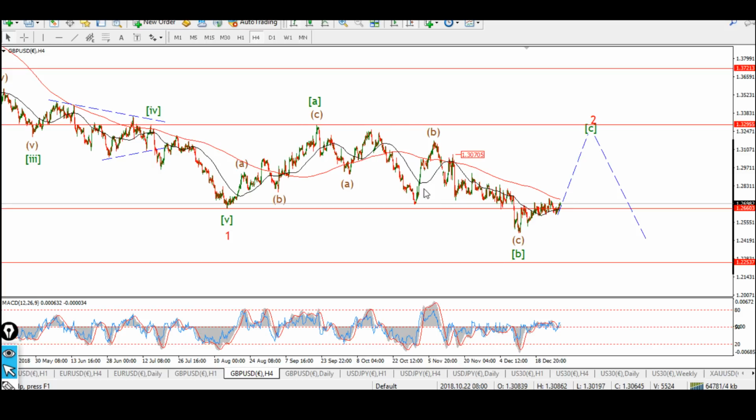So this B wave seems to have a running flat in the center of it here. So 3 waves down in A, 3 waves in wave B, and then probably another 3 wave pattern down into wave C. We've moved up off that low again. We're kind of sitting at the previous wave 1 low, so we're sitting at or just above,